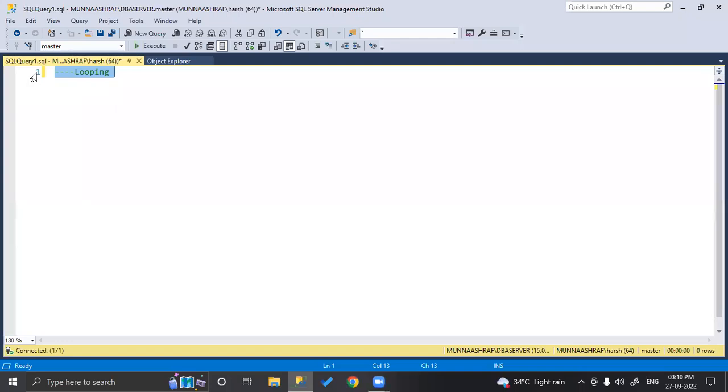Okay. So write down, in SQL Server we have only one type of looping statement.